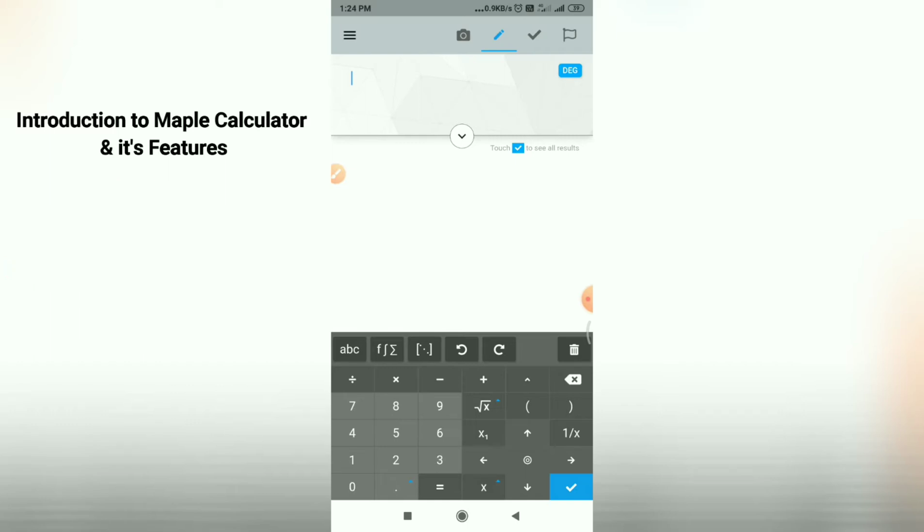This versatile app makes it incredibly easy to enter, solve and visualize mathematical problems from algebra, pre-calculus, calculus, linear algebra and differential equations, free of cost. This application works without internet as well, so for solving problems you will not always need internet.